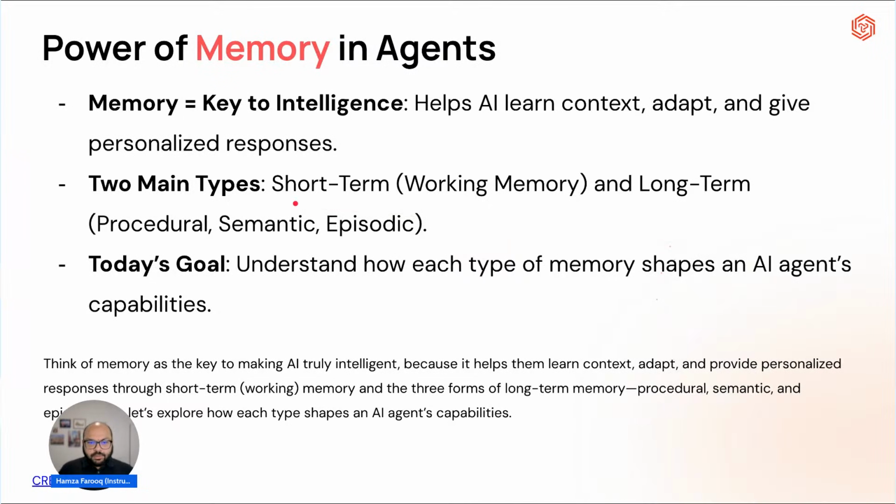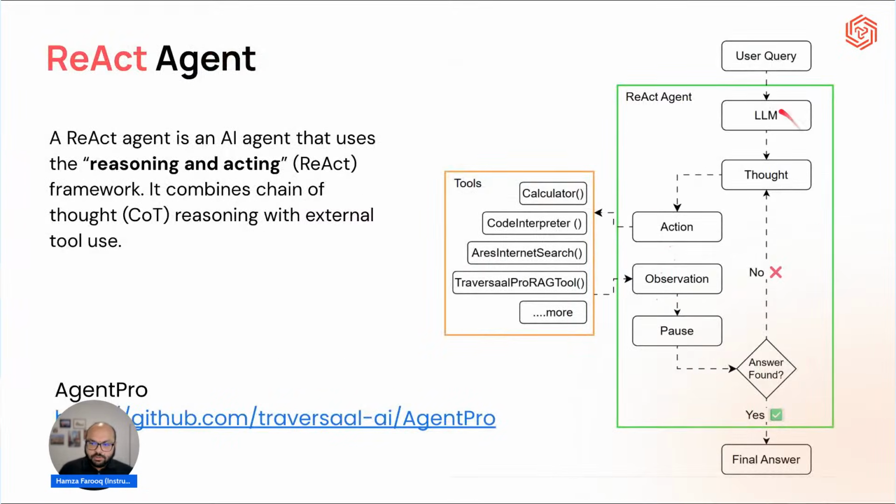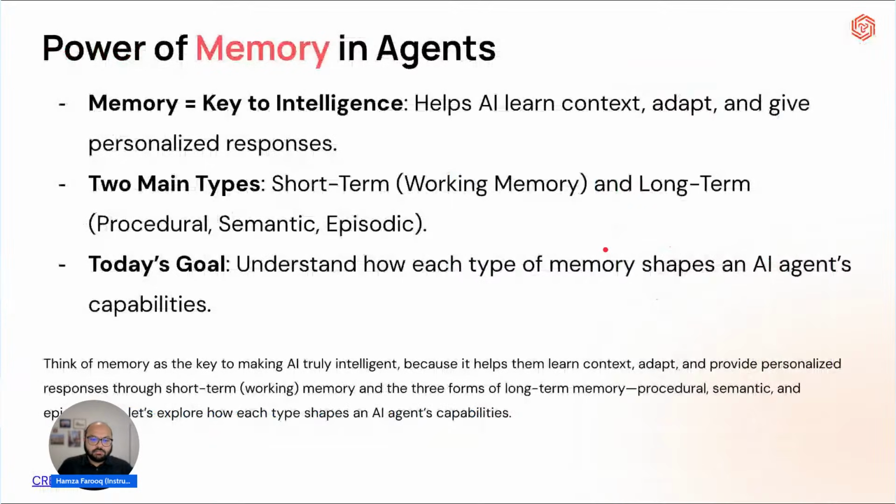In short-term memory, remember, we use it to basically go from step to step. For each step that you follow, there is context which is generated. We store that context so that we can say, hey, this is what has happened so far. How would you like to proceed for the next step? That's where you're adding statefulness to your agents, and giving them the capability to answer.